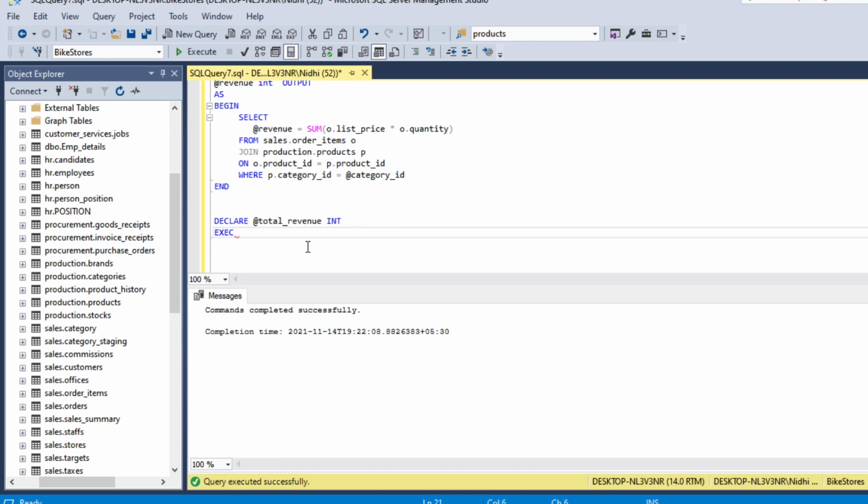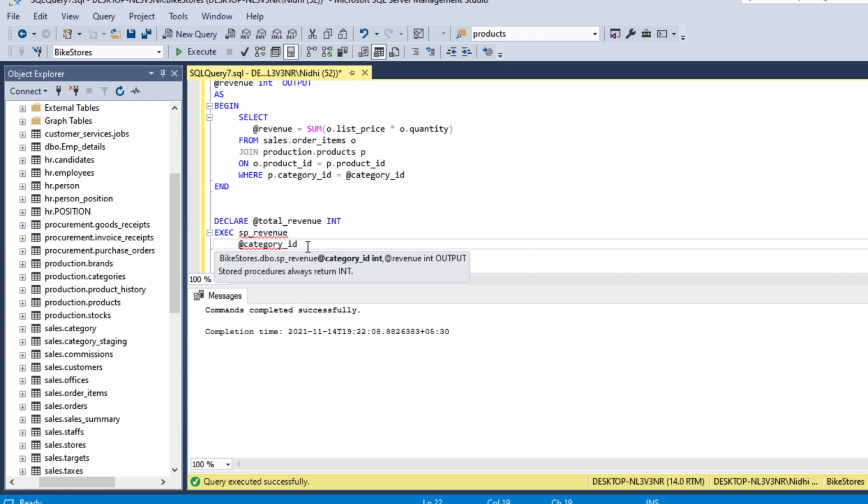Then here we are executing our procedure. Our procedure name is sp_revenue. We are executing our stored procedure, and then we will pass the value to the category ID, which is our input parameter. So category ID is equal to 6. Suppose we want revenue for category ID 6.